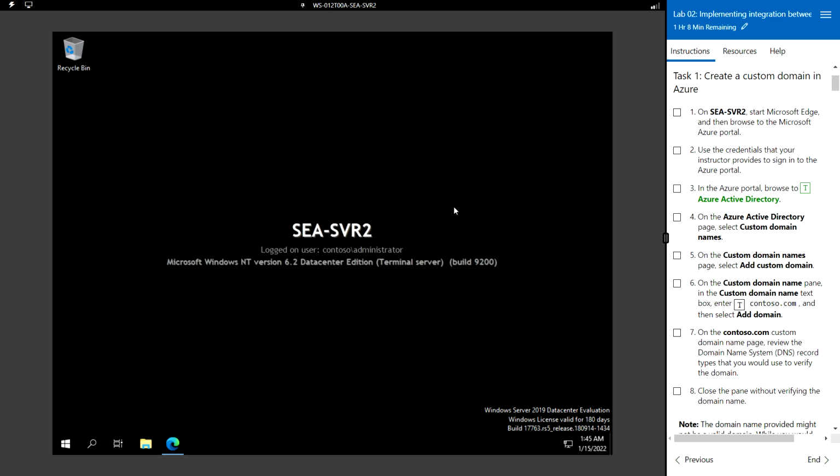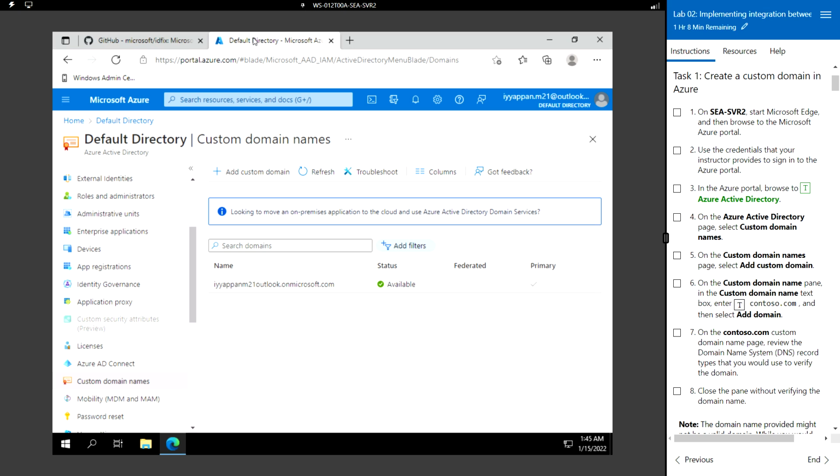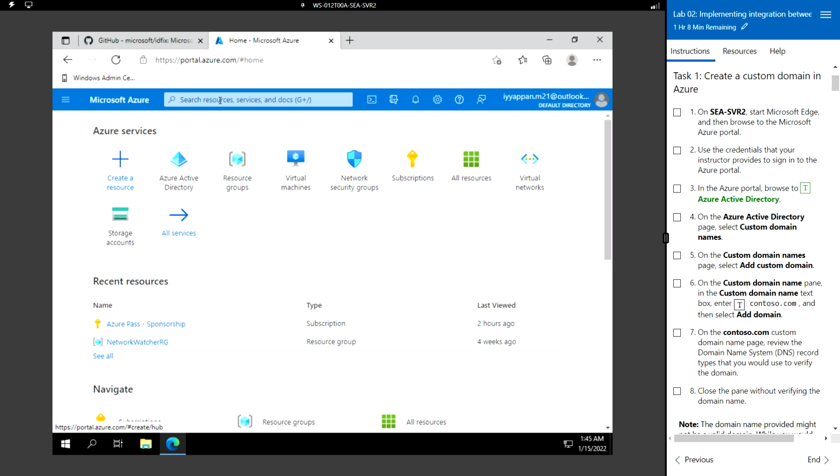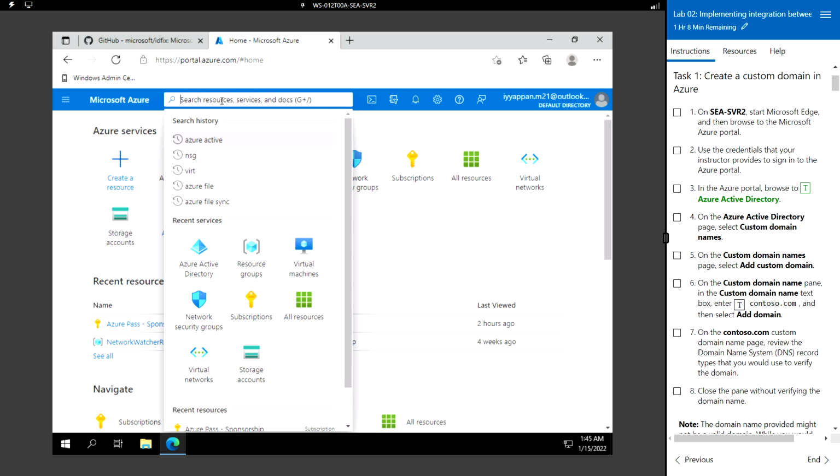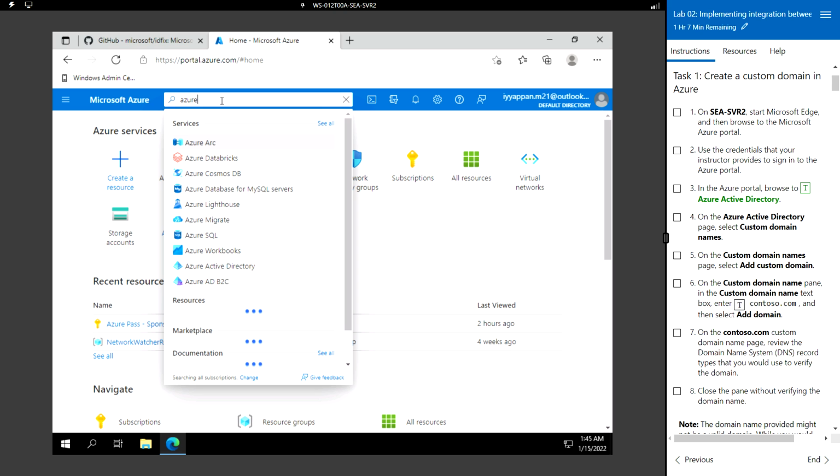So I have logged into the server, which is Windows 2019, and I have logged into the Azure portal with my subscription. Once you have logged in, you can just go to the search and search for Azure Active Directory,